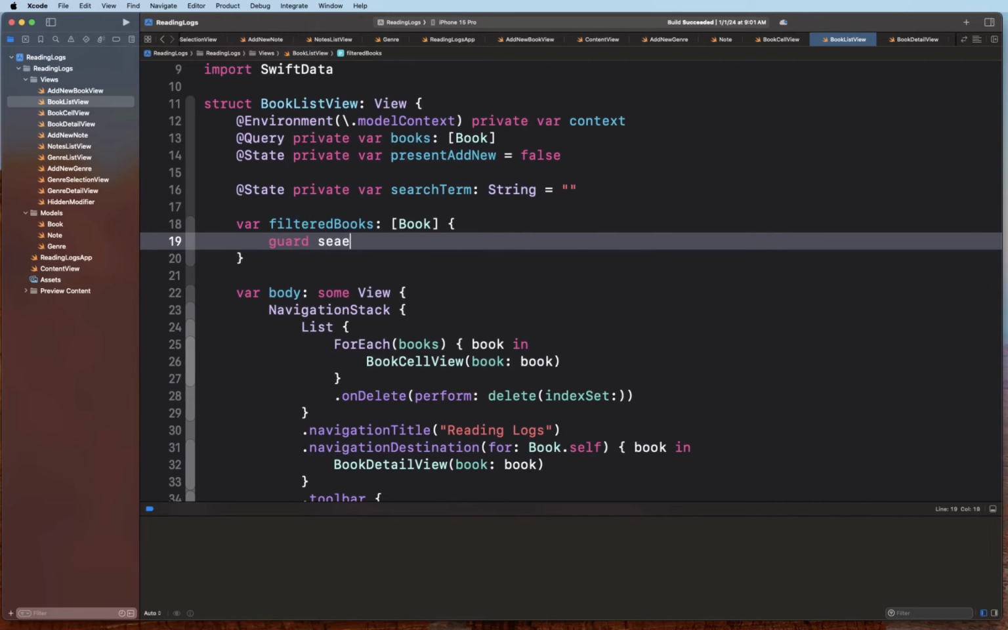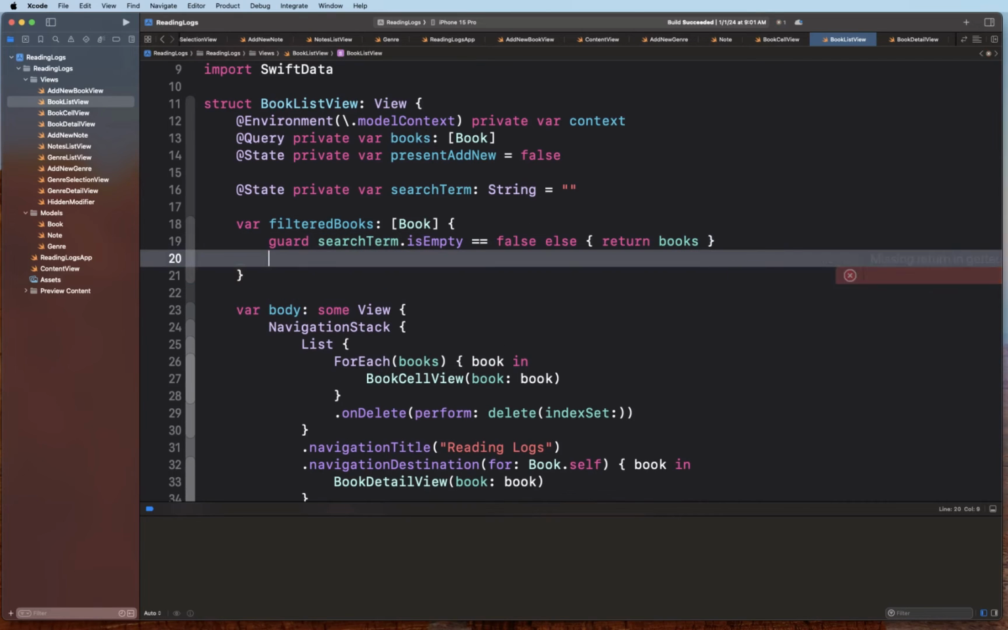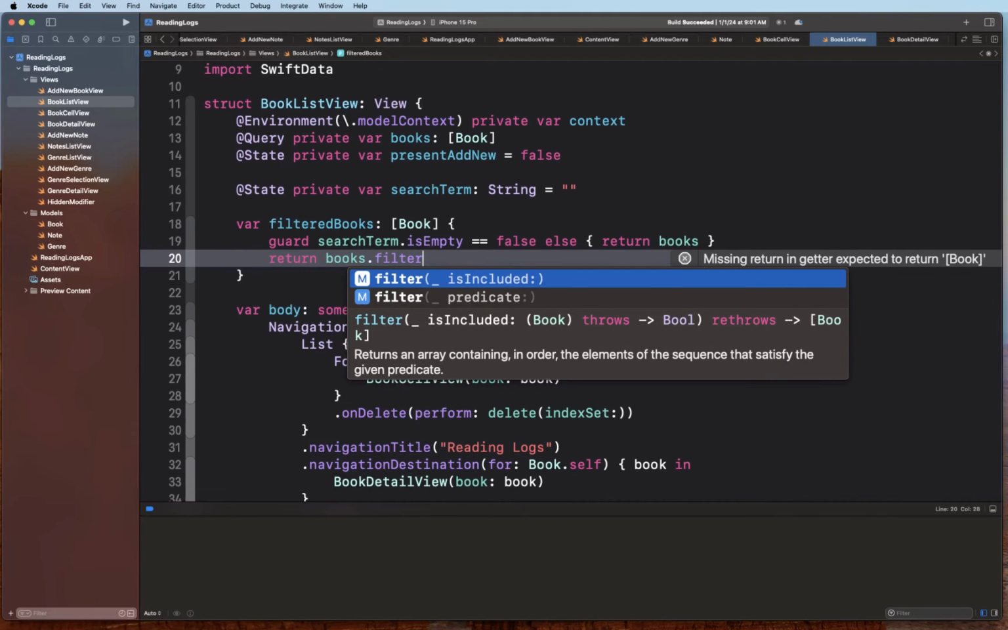Actually, guard search term dot is empty. Then we want to make sure that the search field is not empty. If it is empty, then we want to simply return the books that we have right here. Books are coming from the query macro, so we're going to simply return that. If that is not the case, then we're going to return books but filter them